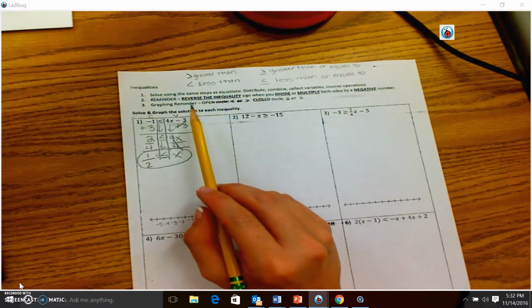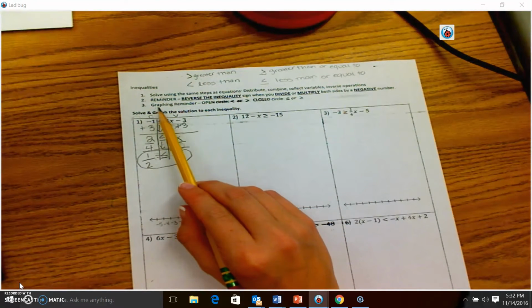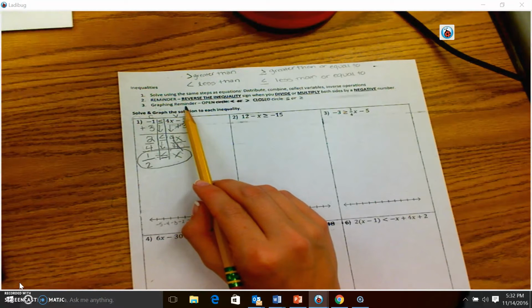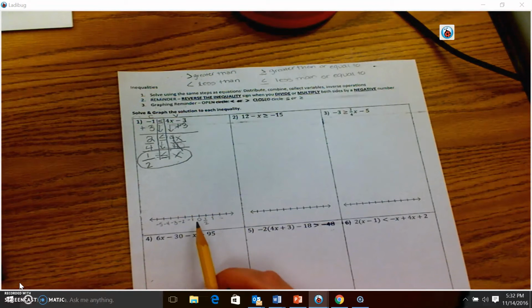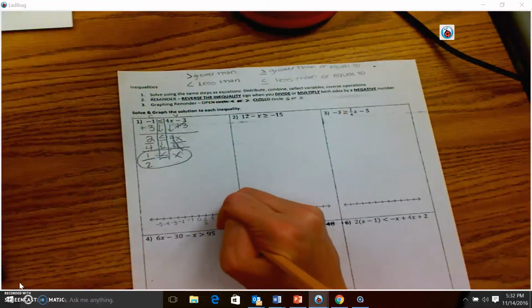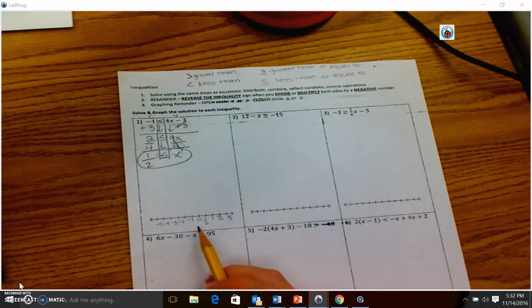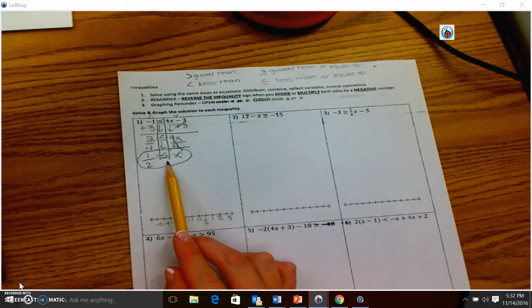So now, step 3 says graphing reminder. So we need to graph this inequality. So right here, I have labeled my number line. I put -1 here, I put 0 here, I put 1/2 here, 1, 2, 3. So I've set up my number line. Now I need to plot this. And how we do this is